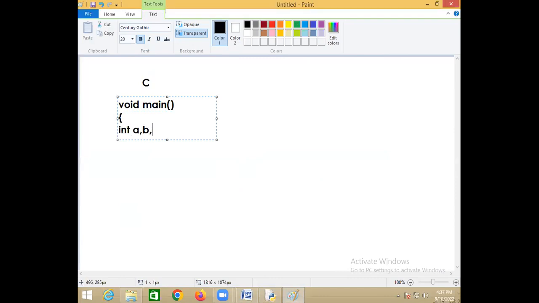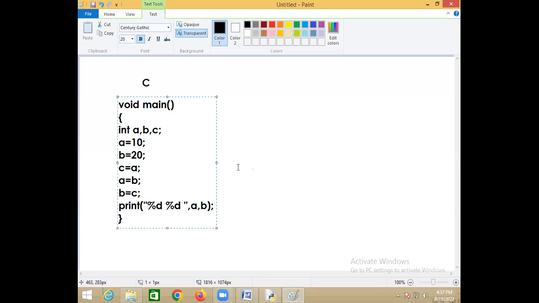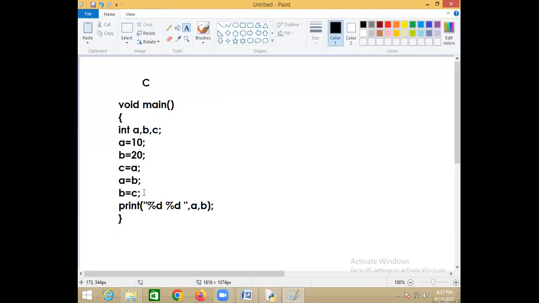You declare three variables, and then you say A equal to 10, B equal to 20, then C equal to A, A equal to B, B equal to C. And then you print the values of A and B, percentage d, A value and B value. So this many lines of code you have to write in C language: 1, 2, 3, 4, 5, 6, 7.